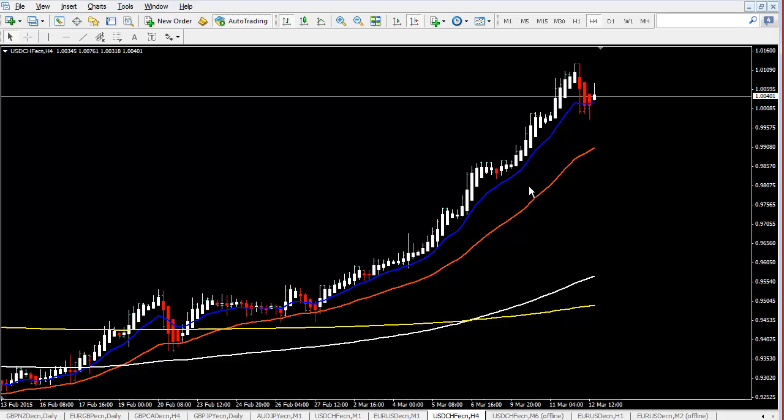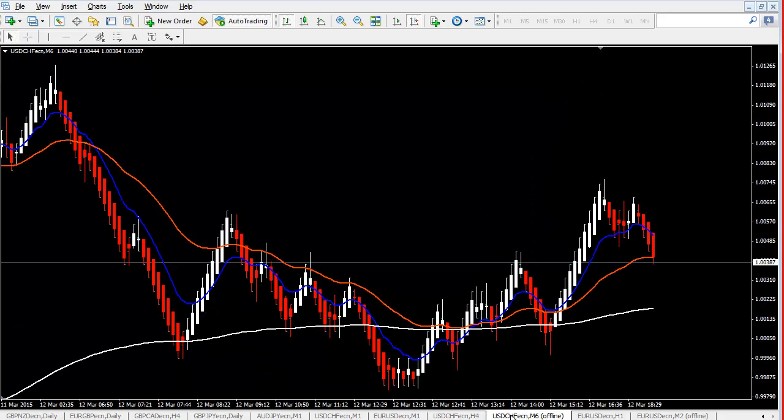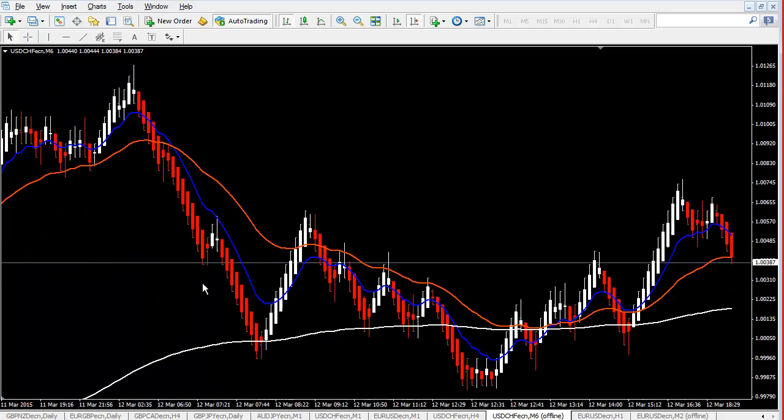Okay, great. So now let's go back to our USD CHF M6 chart. This means we go back to our Renko. And if you look at it, here's your 200 EMA, as you can see. And the 200 EMA, and that depends a little bit on volatility, is also acting as support and resistance. Okay? So if I go to my USD CHF H4 chart